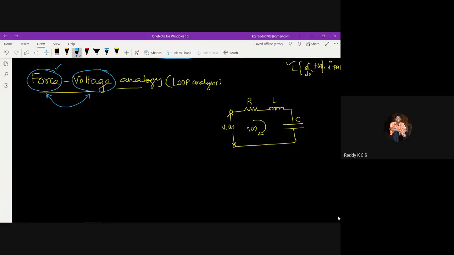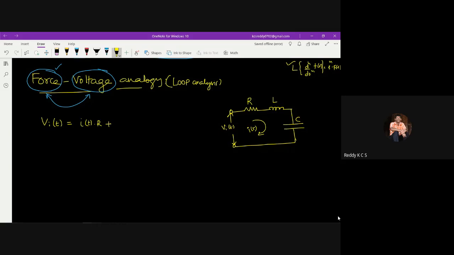So we write the voltage equation, that is Vi of t, or V, also it can be represented. So Vi of t is a time domain function. So, the voltage across this resistor: we can have the equation while discussing the single elements. So the voltage we are going to find is V equal to IR. Similarly, I'll write it with the time domain function. I is the time domain function and R is the constant. So I of t into R, plus then the voltage, because all these three are connected in series, we can call it RLC series.